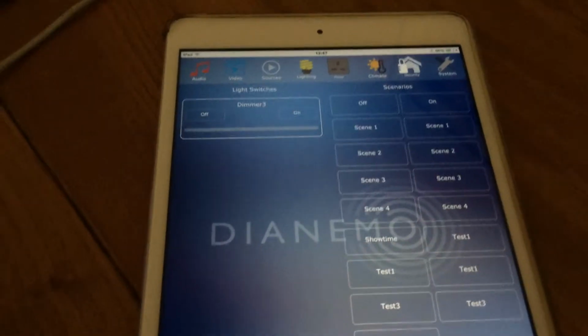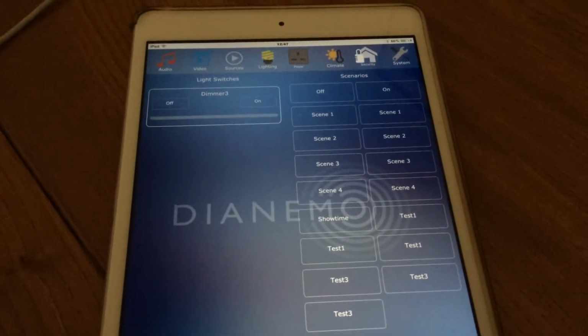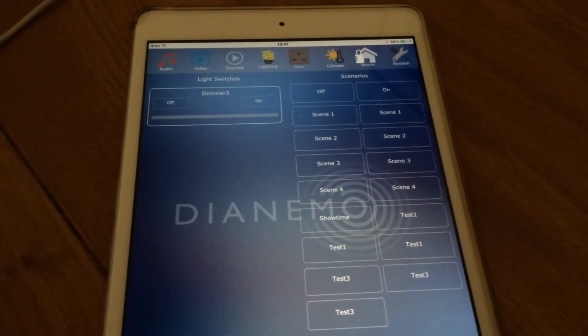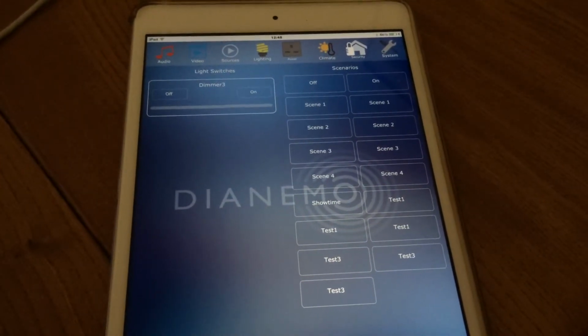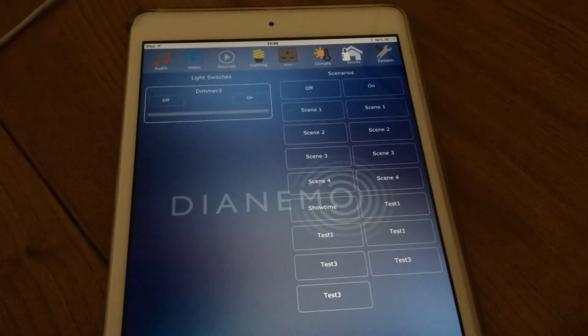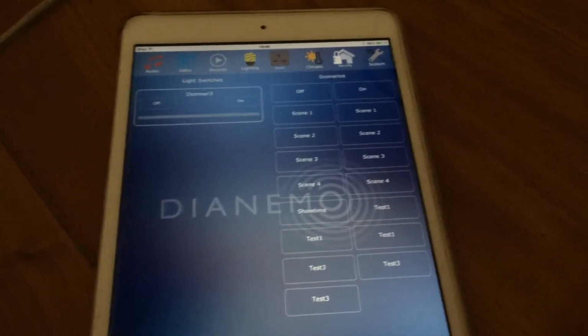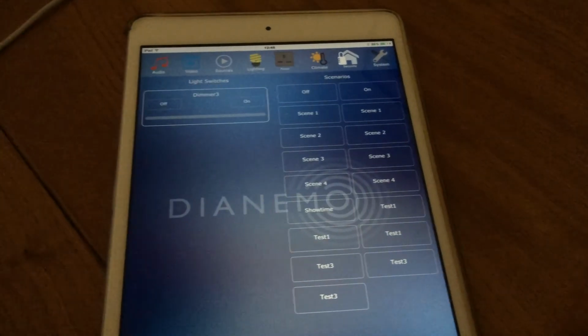Right, that's about all I've got to say today. As I say, we're running a bit late on the whole beta release, but we will get it to you guys as soon as we can. We're desperate for you guys to get at it now, so we'll give you an update the next week, 10 days or